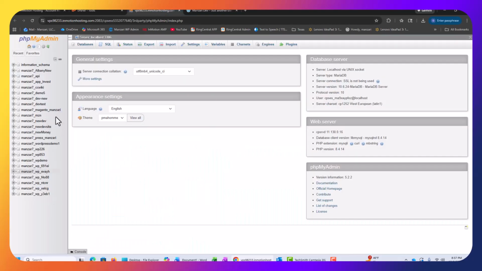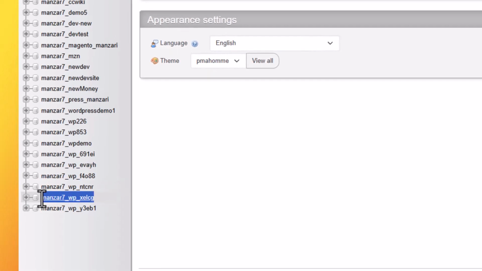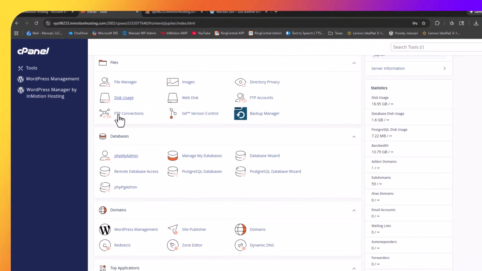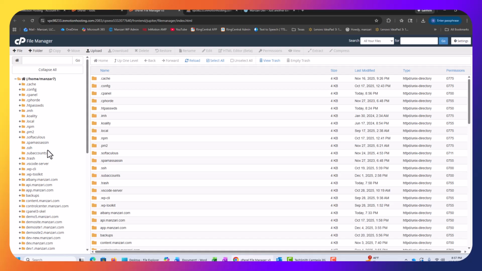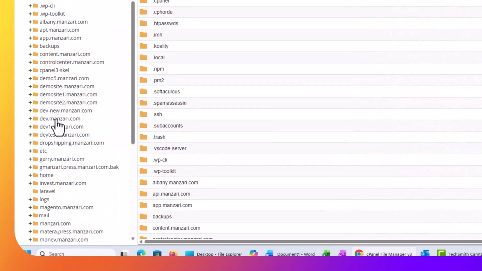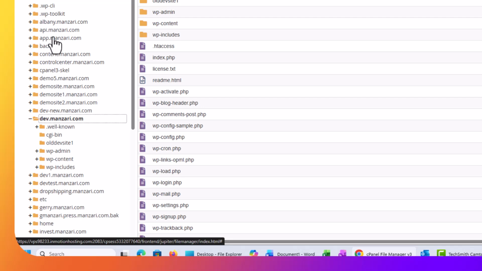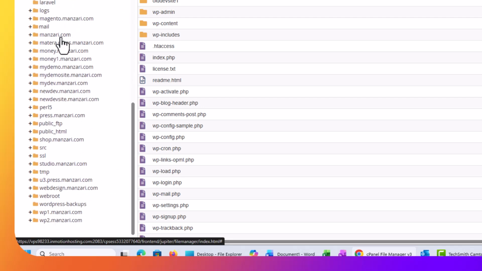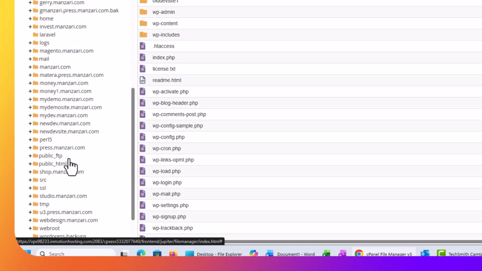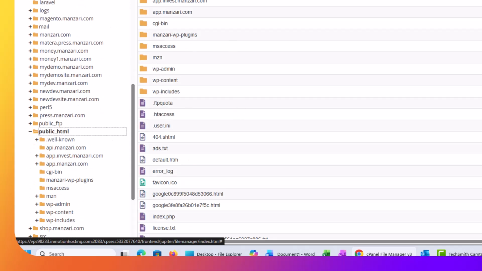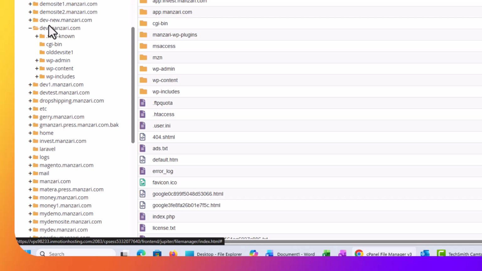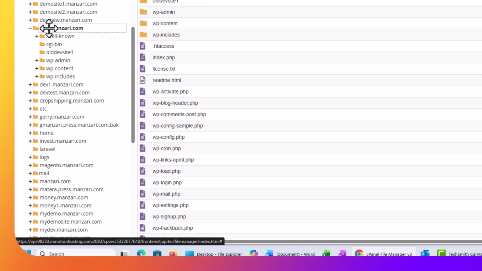Now, if you don't know which database is for your site, like I know which one it is, it's this one right here. But if you don't know, because say you have a bunch of different databases in here and you just don't know which one it is, just go to your cPanel, go to File Manager, click on your domain. So right here we have dev.manzeri.com. In your case, your WordPress site might actually be located in what's called the public HTML folder. So that may be where you have your site. That's usually where it goes. I just happen to have them outside of that folder, but either way,